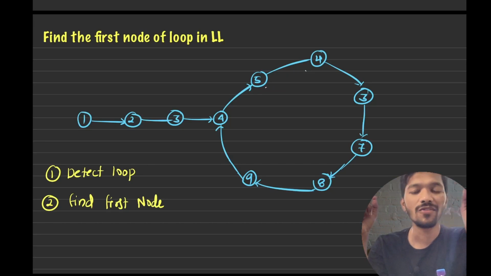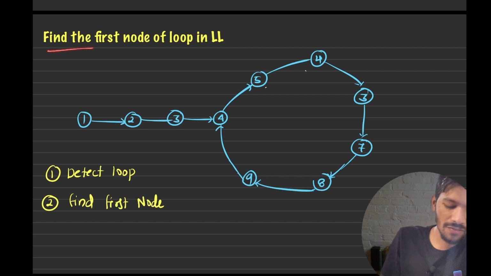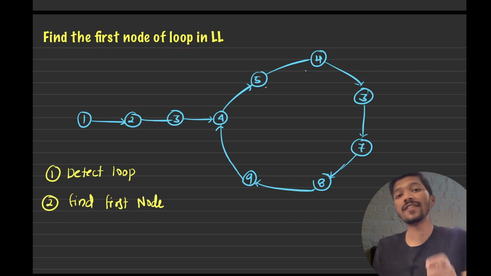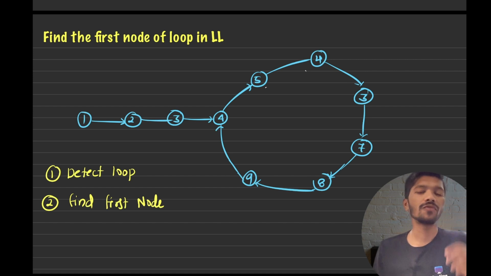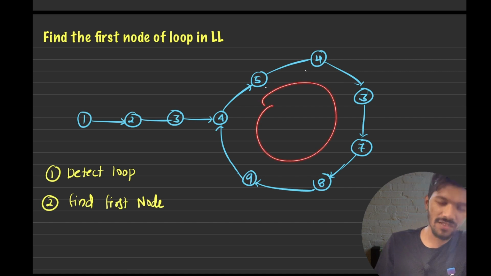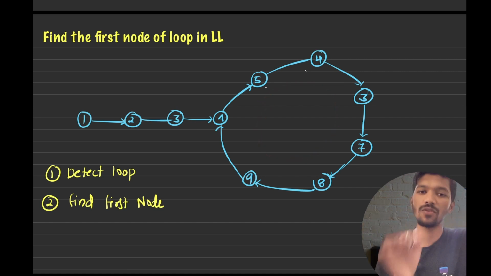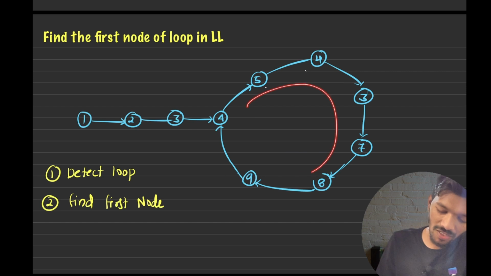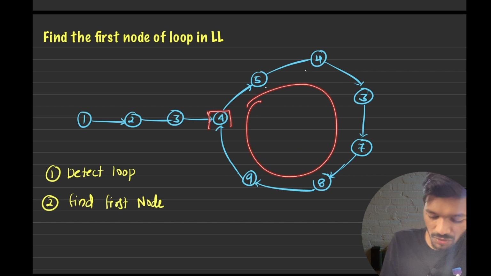In this video we will be solving a problem: find the first node of the loop present in the linked list. In the previous video we solved the problem of detecting the loop present in our linked list. But in this video, if our linked list contains a loop, we need to return the first node of that loop. For example, if you see this is the loop, we need to return this first node of our loop,